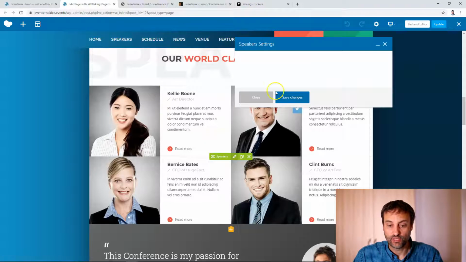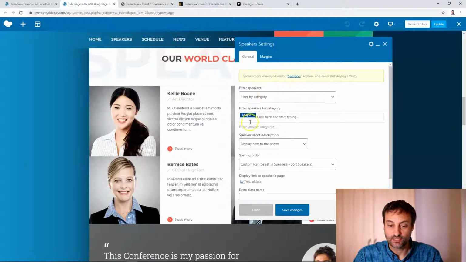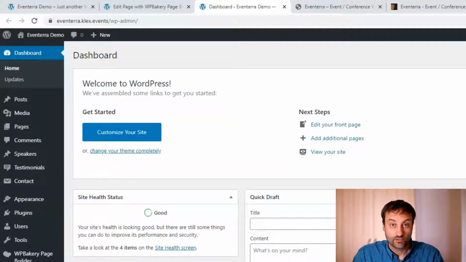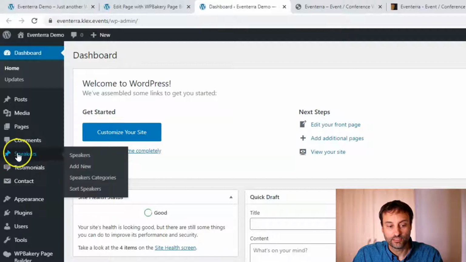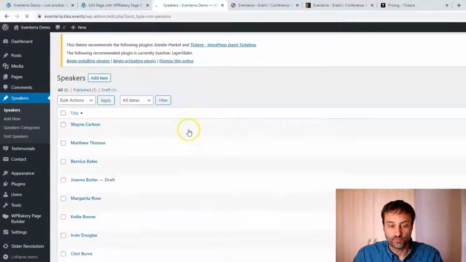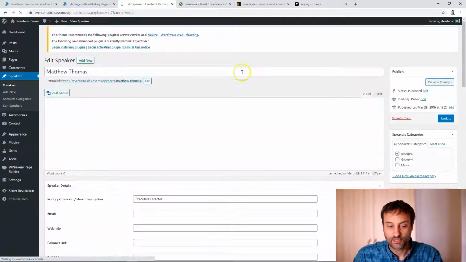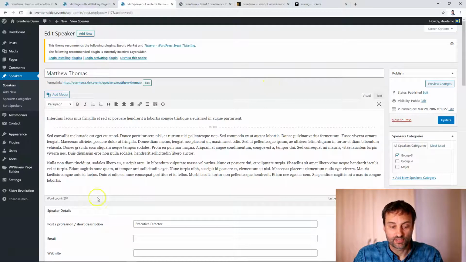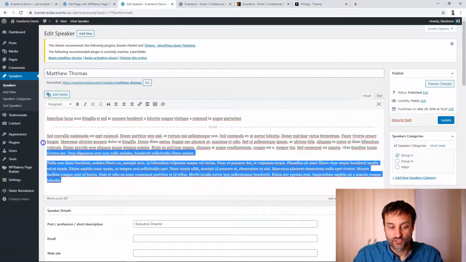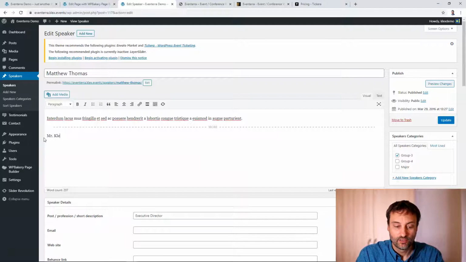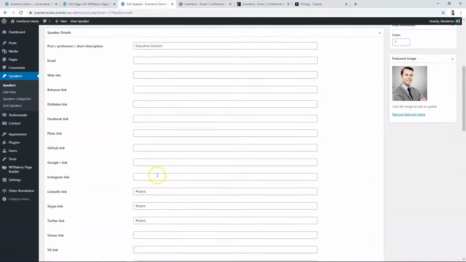Here in this builder, we only are able to select speaker category or what kind of speakers we want to display. But all the speakers are entered through the menu item called Speakers, and here we have a list of all the speakers which are already entered into the system. And for example, if we would like to change Matthew Thomas information, we could open his card. So we could change his description, his bio, and enter all other information they can provide for us,